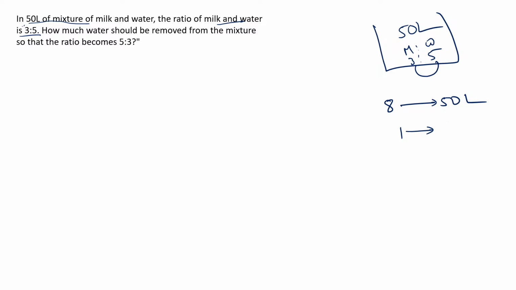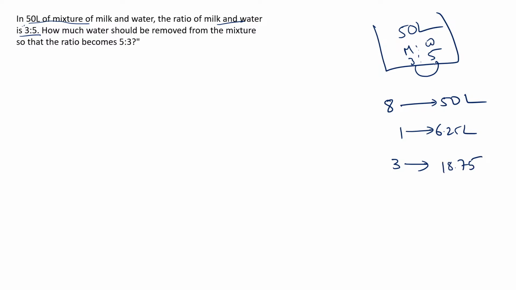Let's find out in decimals only, 50 by 8. But don't worry, you don't need to do this much in the examination. We are going to use ratio and proportions. So, 50 liters and a total of 8 parts means 50 by 8, you are going to get 1 part equal to 6.25 liters. From this you can find out the milk value, that is 3 parts, as 6.25 into 3, that is